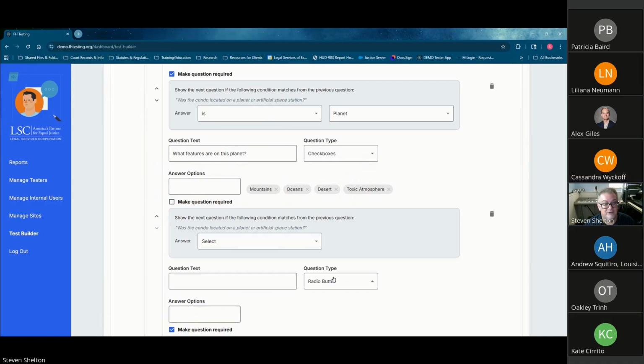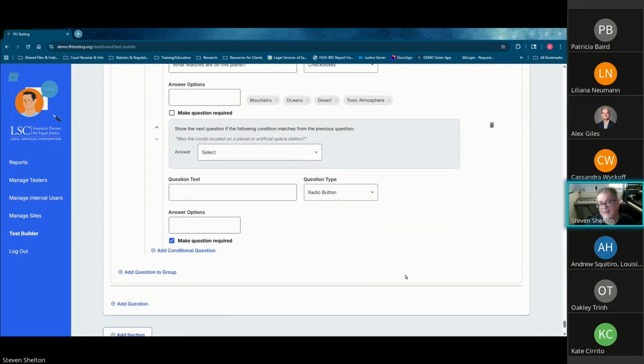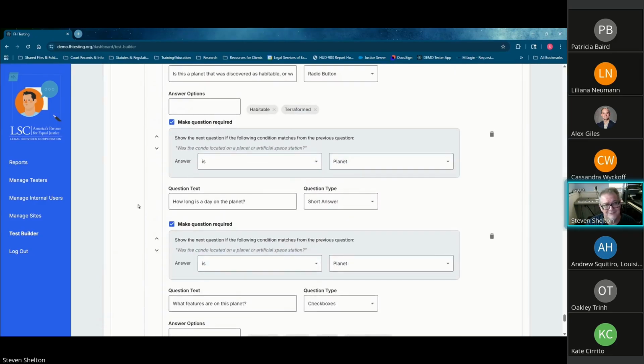We are going to make this one a, well, I could make it a long entry, because a long entry works exactly the same way as a short answer. It's just you can put in much longer answers. It's got, as far as I know, no limit on the number of characters. And I have tested that. I have put